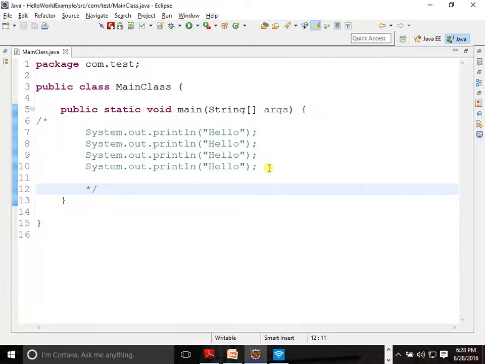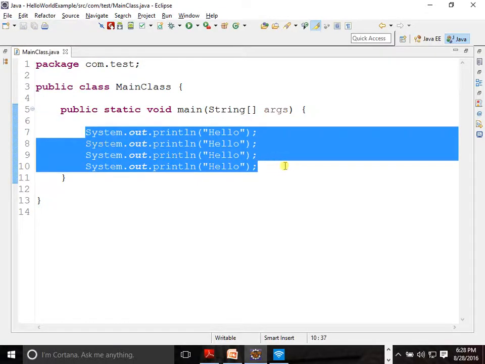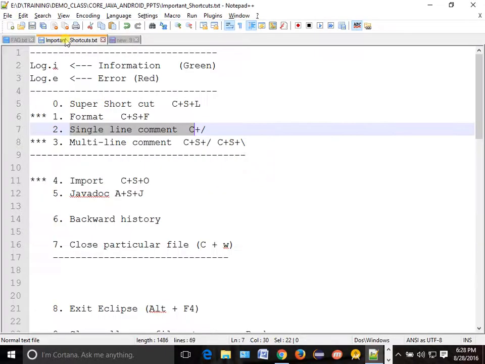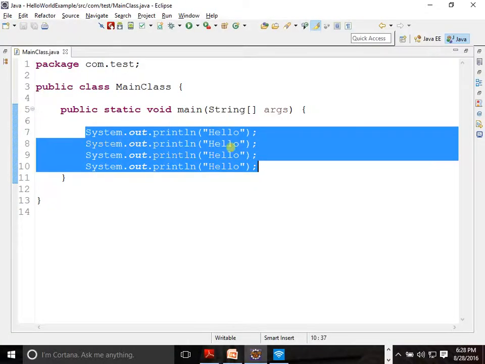But it would be difficult if your lines are too many, right? So what should you do? No need to do all that. Just select the lines you want. Control Shift forward slash. In the earlier case we used only Control forward slash; in this case you use Control Shift forward slash.